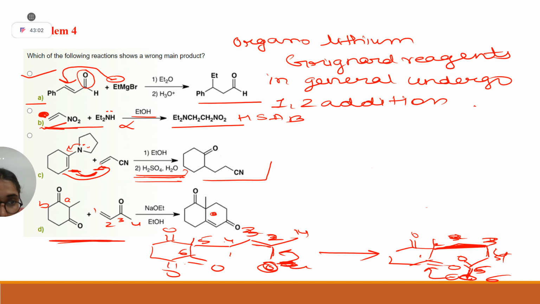Okay, ma'am. And here this is your softer side, this is your harder, because C triple bond N has more electron deficiency or more positive character than this carbon, as this is in conjugation. Clear? Yes, ma'am. Okay. Ma'am, so this we have to decide, whether we have to make a soft attack or a hard attack. It is always a thumb rule that a hard acid will interact with a hard base and a soft acid will interact with a soft base.